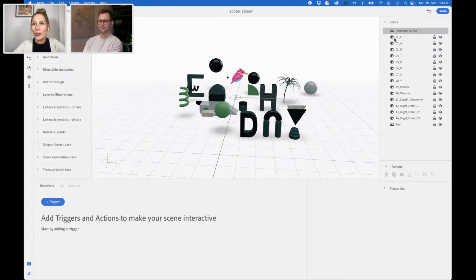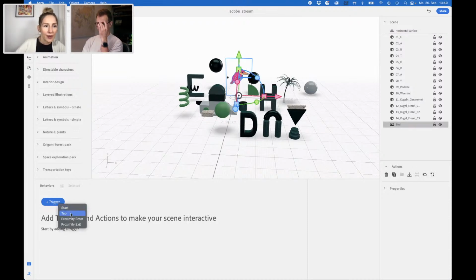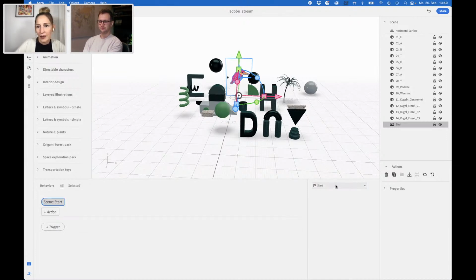So we will just pick one asset, for example, the bird, and add some action. And now we can say, okay, do we want to have something right away when we start with the experience? Do we want something when we tap on it, or when we enter it or leave it when we are walking into a scene?